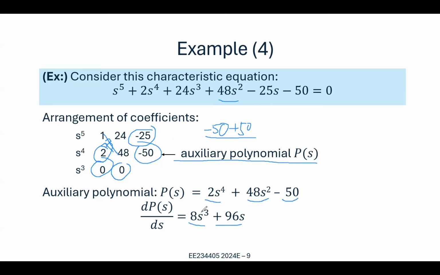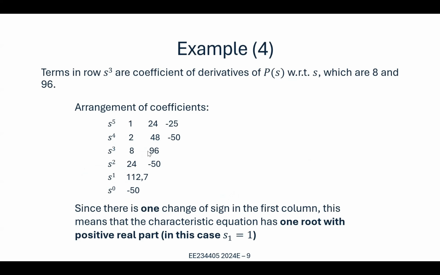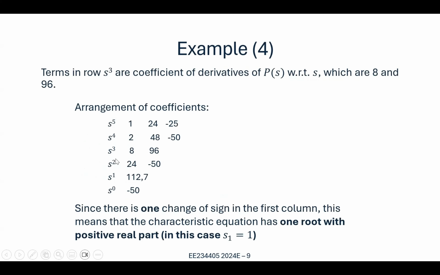It would be 8 times s to the power of 3 plus 96 times s. And in that case, we can rearrange the coefficients so that it becomes this. The one with the derivative now occupies the s to the power of 3